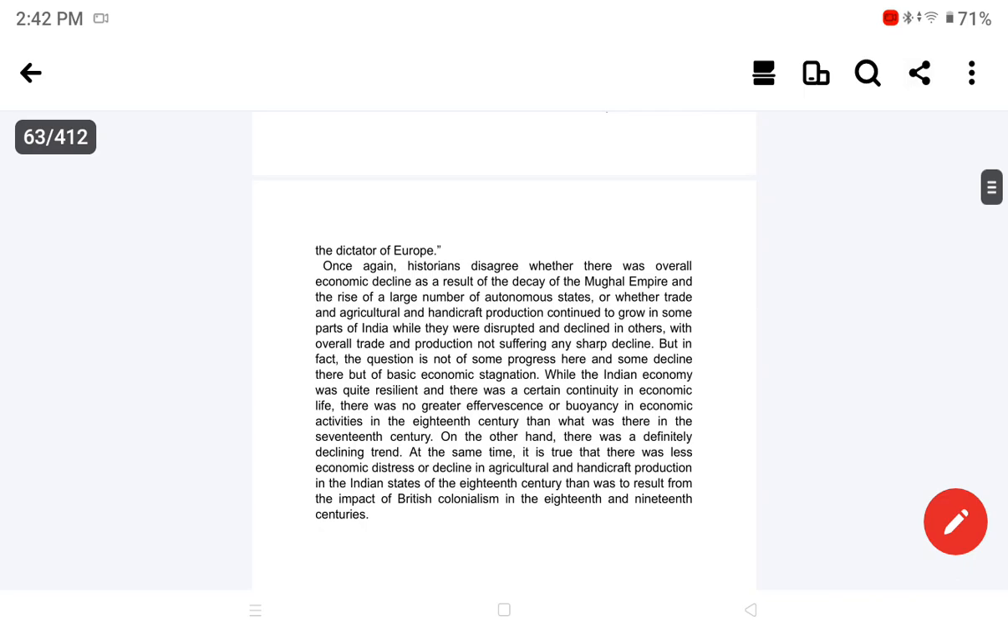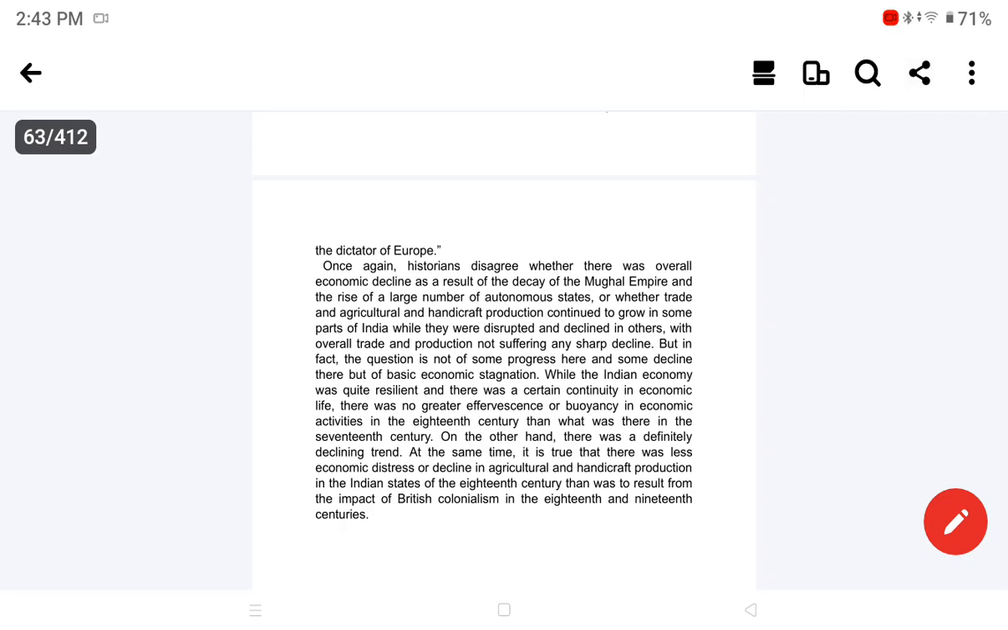Once again, historians disagree whether there was overall economic decline as a result of the decay of the Mughal Empire and the rise of a large number of autonomous states, or whether trade and agricultural and handicraft production continued to grow in some parts of India while they were disrupted and declined in others, with overall trade and production not suffering any sharp decline. But in fact, the question is not of some progress here and some decline there, but